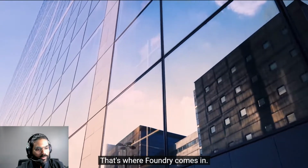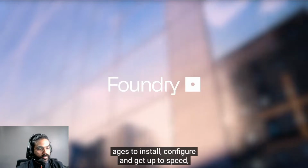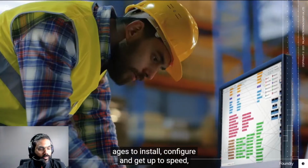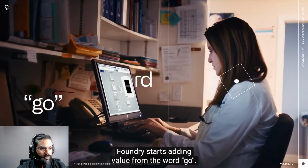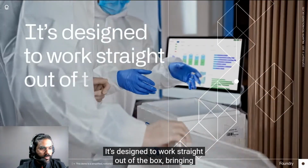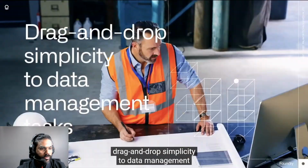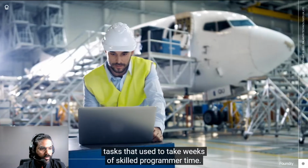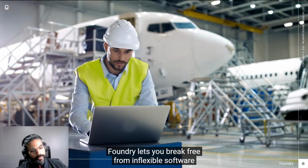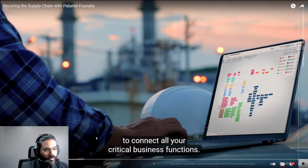That's where Foundry comes in. Unlike traditional software that takes ages to install, configure, and get up to speed, Foundry starts adding value from the word go. It's designed to work straight out of the box, bringing drag-and-drop simplicity to data management tasks that used to take weeks of skilled programmer time. Foundry lets you break free from inflexible software to connect all your critical...